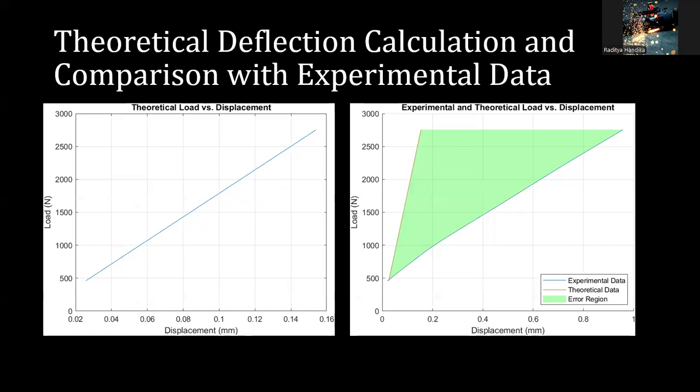And the next one is the discussion about the accuracy of the result. The graph on the left shows the theoretical deflection calculated from the deflection equation derived for this deflection point from the elastic curve equation. In the graph, we compare experimental and theoretical deflection, and the large difference in slope between the two curves highlights significant discrepancies, likely due to alignment issues with the dial indicator. Misalignment may occur if the dial indicator is not precisely positioned where pure bending occurs, or if it is not exactly at the midpoint of the beam. This results in a considerable error.